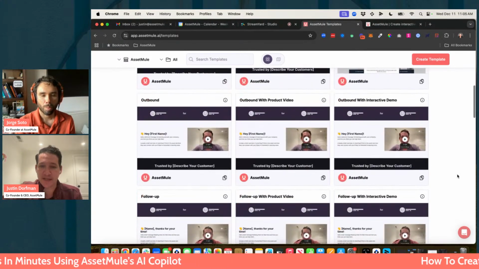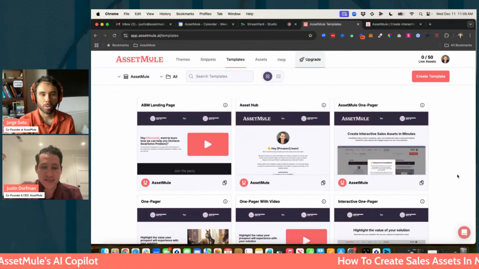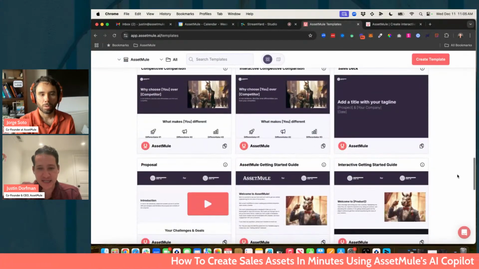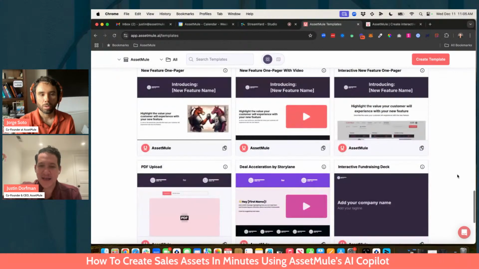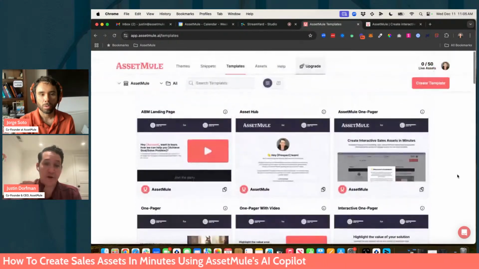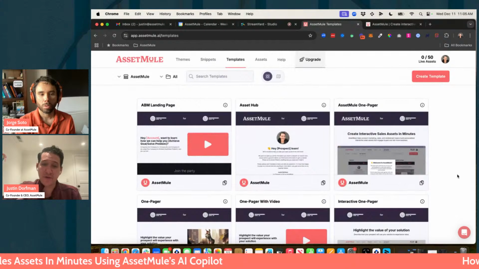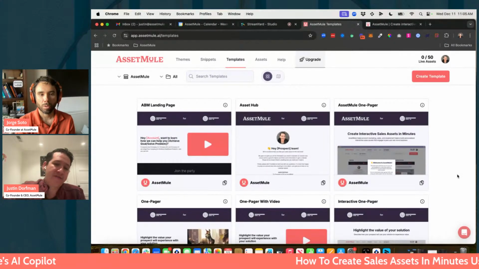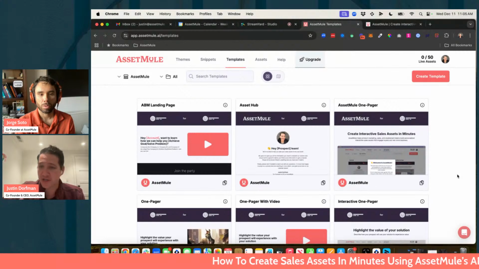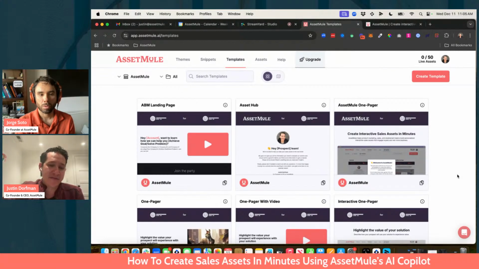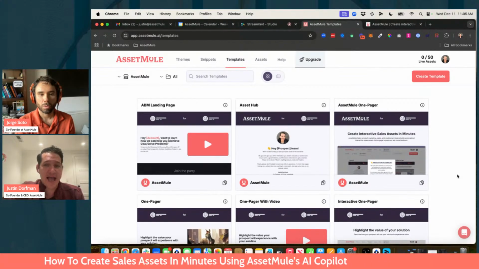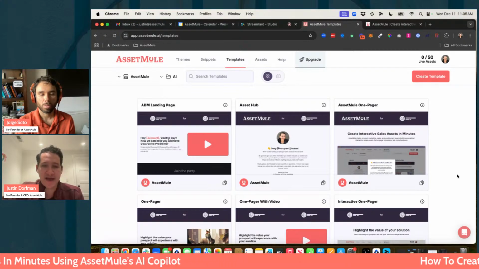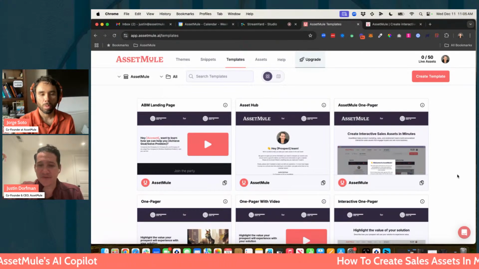So you'll see we have a template library of one-pagers and case studies and competitive pages and sales decks and proposals, really any asset that you can think of. And this is a constantly growing library that you can use. You can create an asset from these and then populate it with your brand colors and fonts, what we call a theme in AssetMule, and then with your contents. And in a matter of minutes, have a ready-to-use asset that your sales team can send out there to their